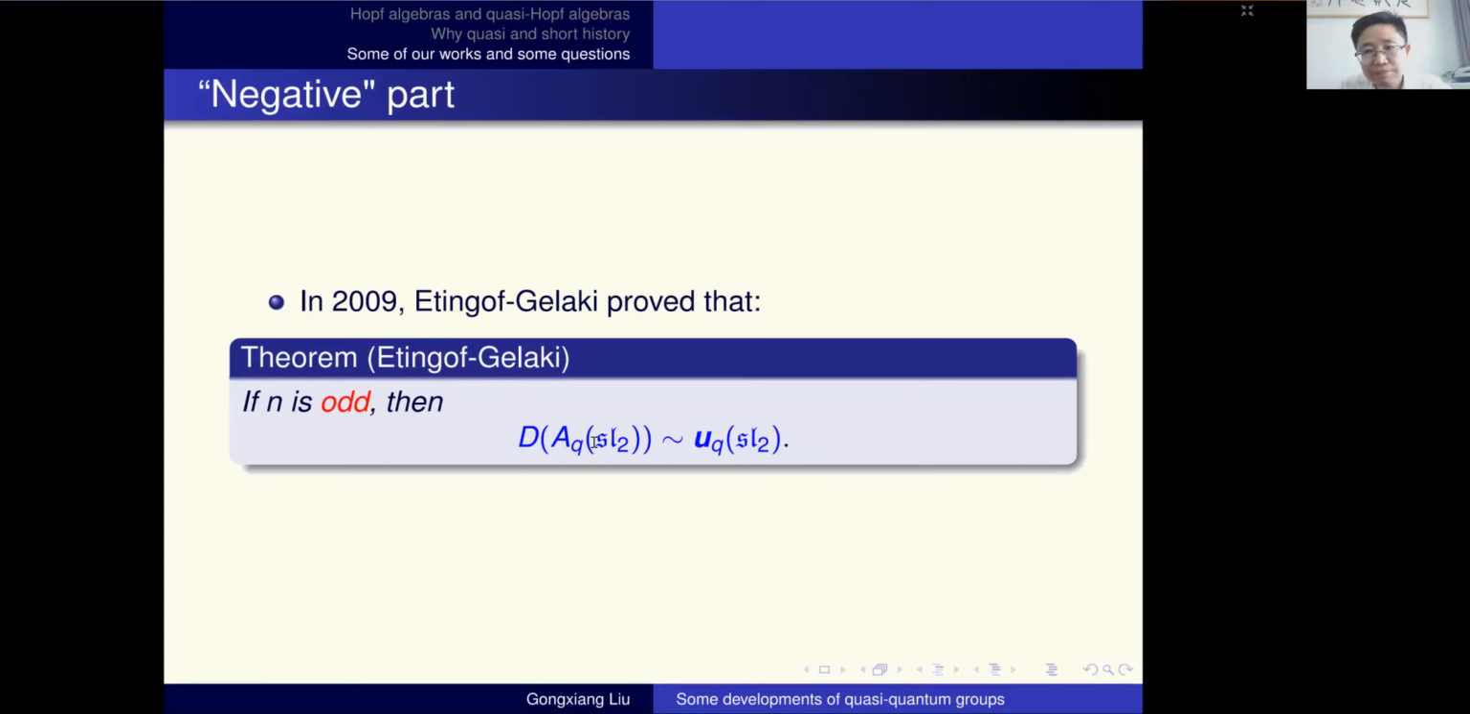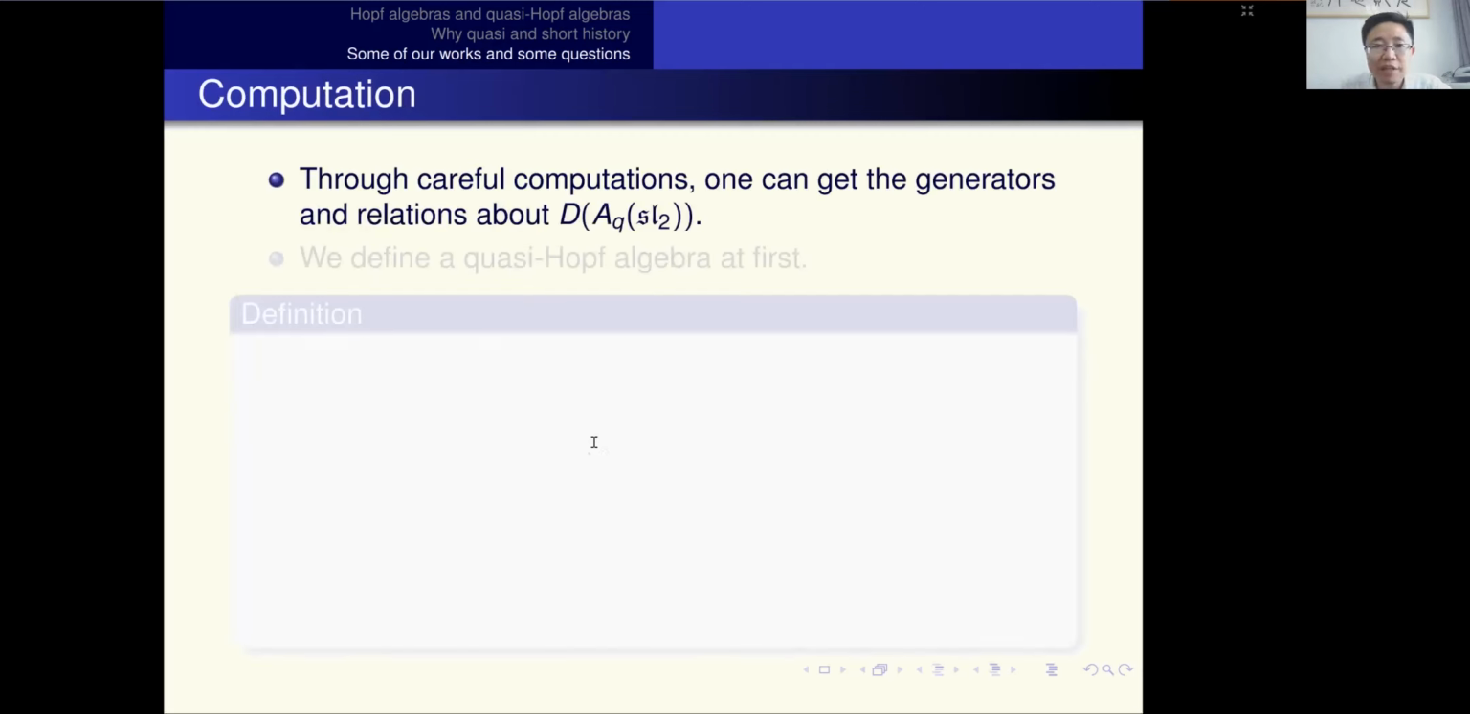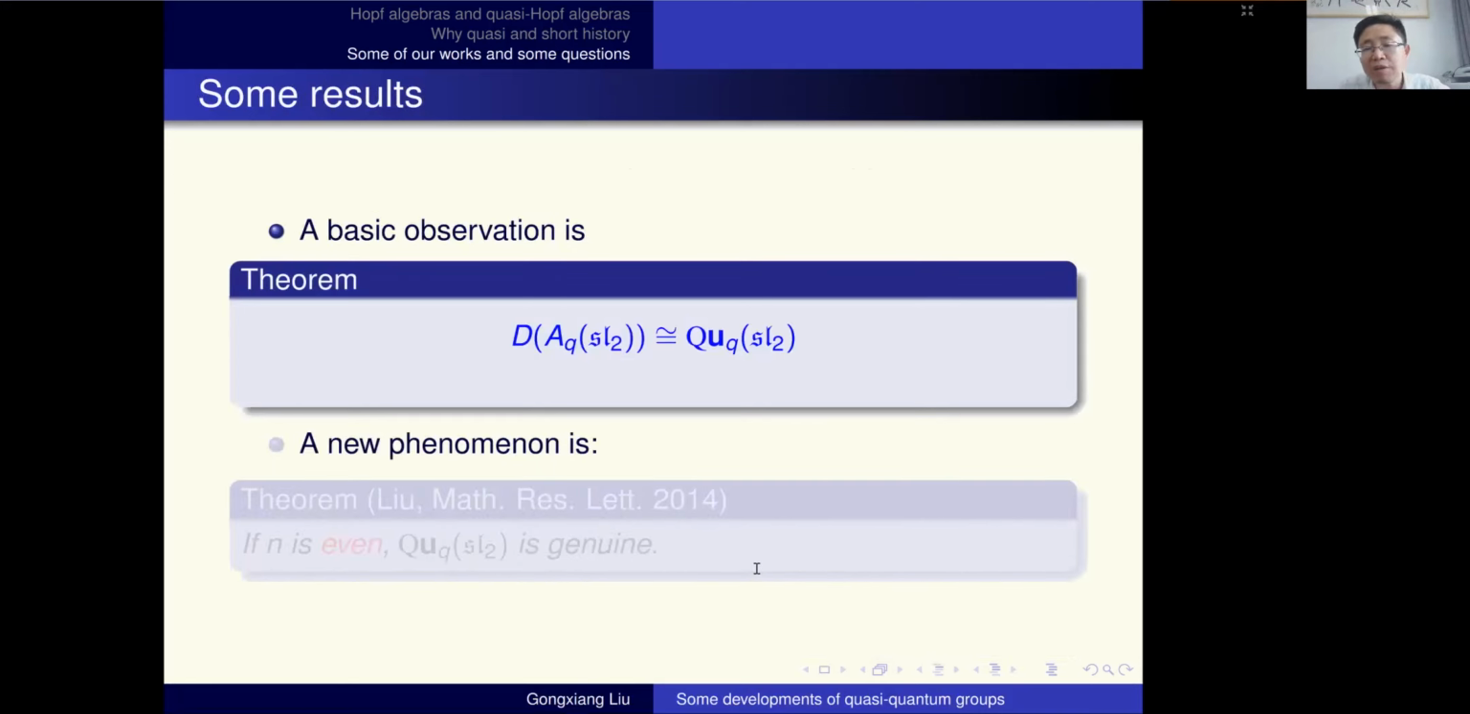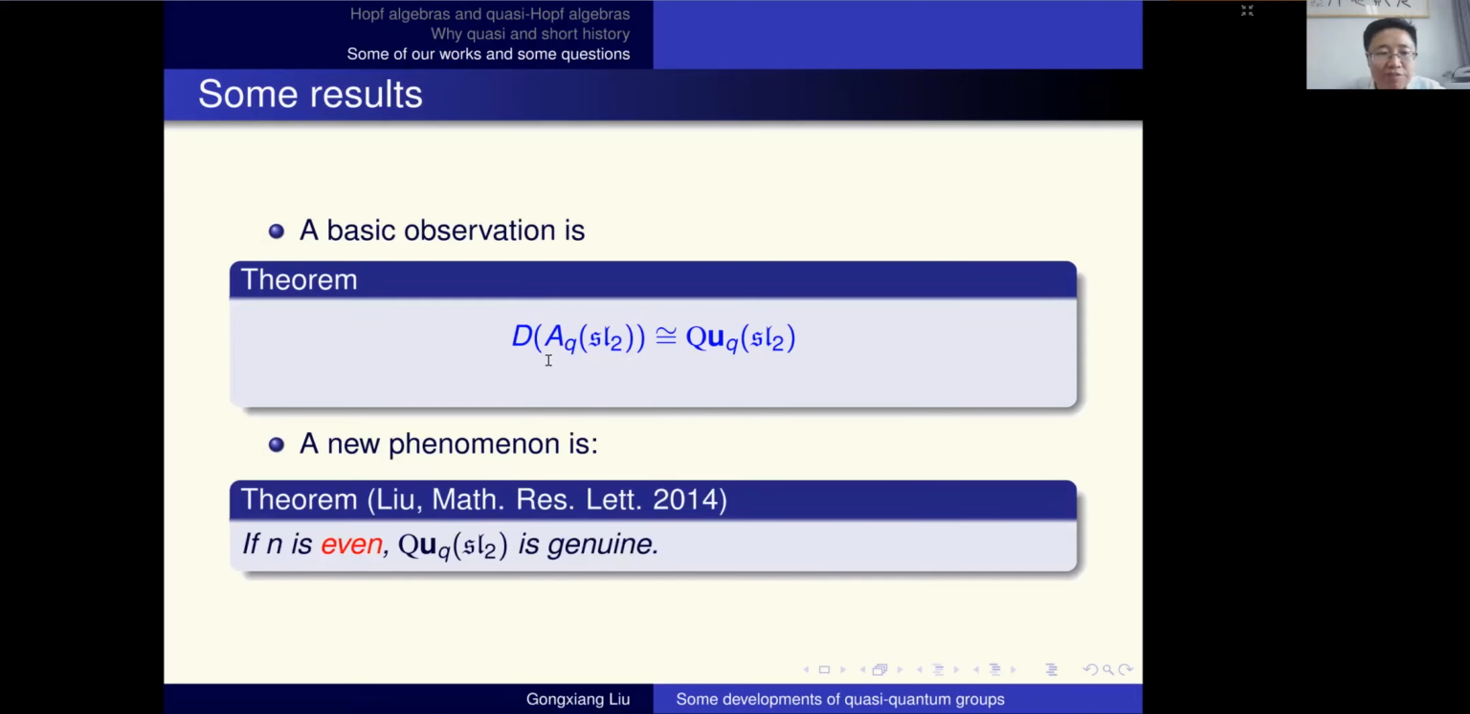This result told us that. But the lucky point is I didn't give up my computation. I continued the computation. At last, I wrote up the generators and the relations of this double. I construct a new quasi-Hopf algebra through the following generators and relations. And I prove that this trivial double is just the usual double of the quasi-Taft algebra. And the lucky point is I prove that if n is even,